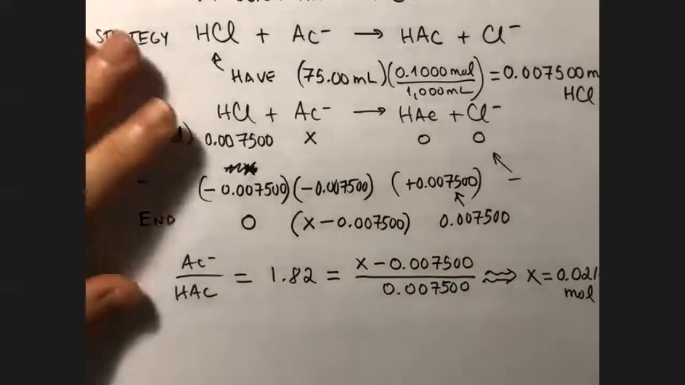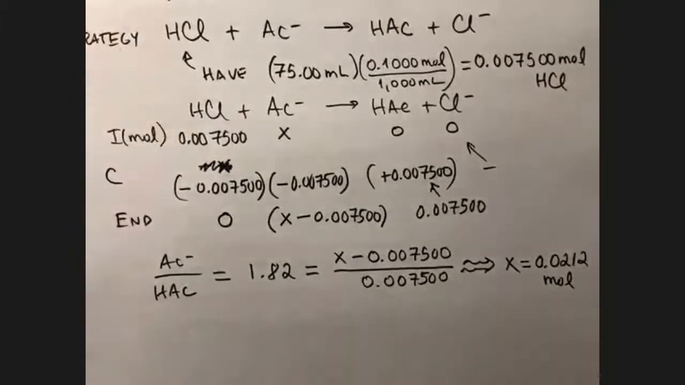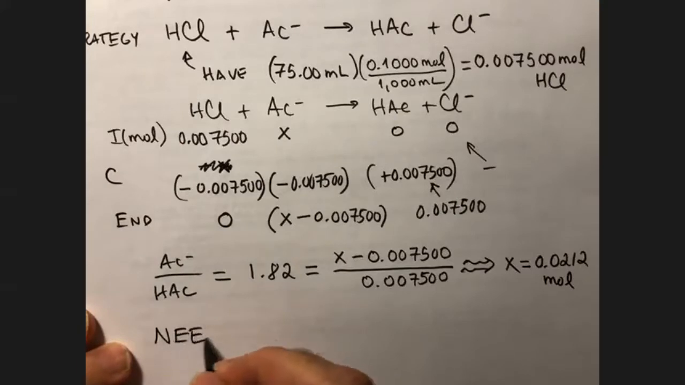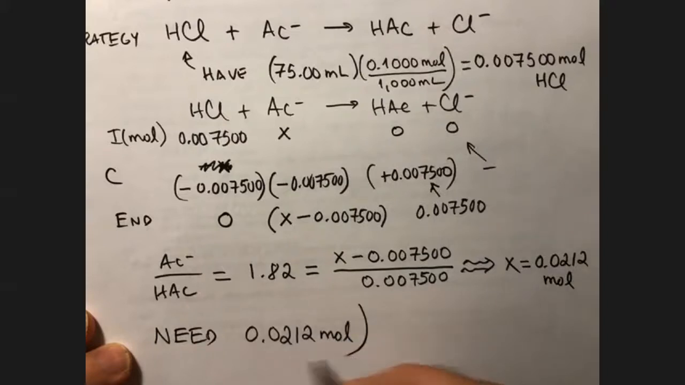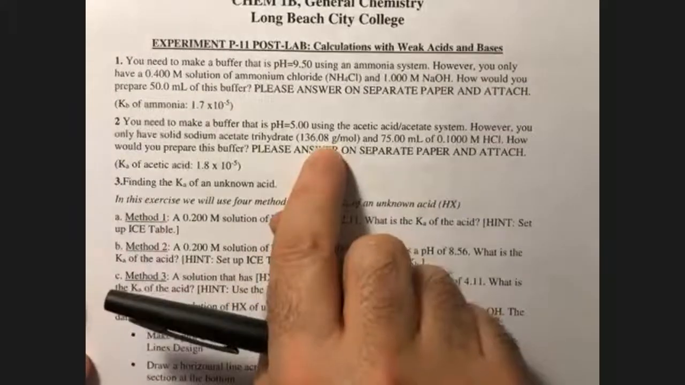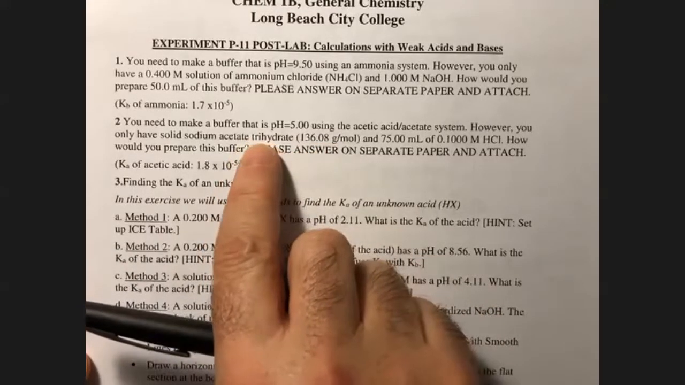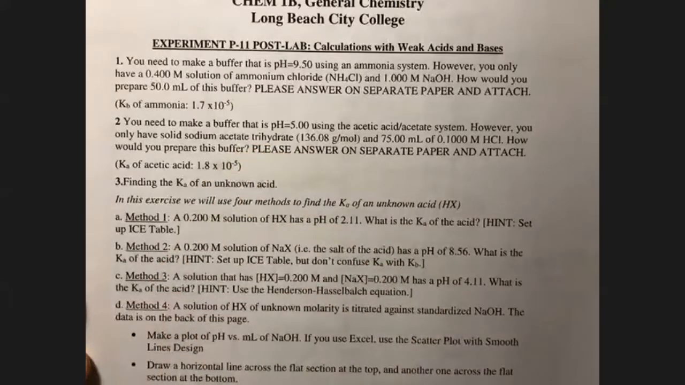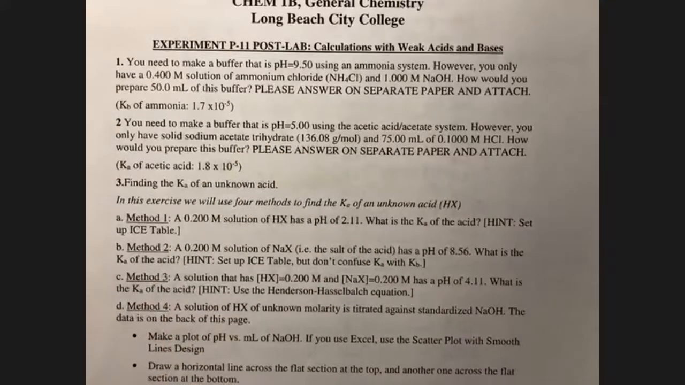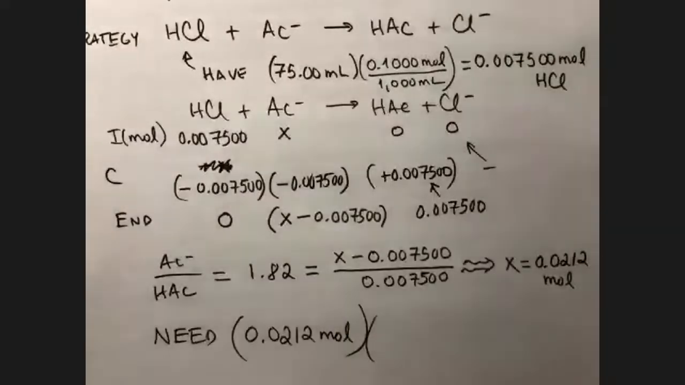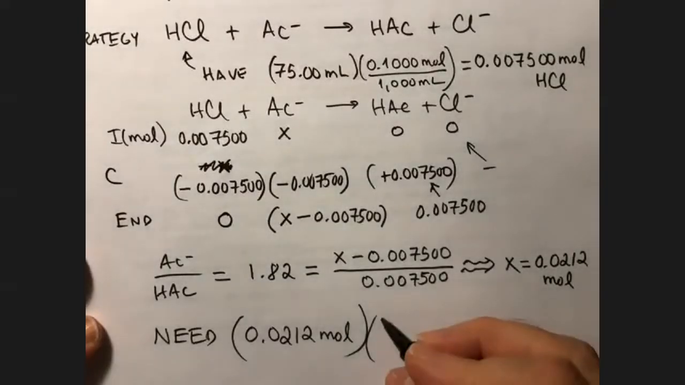All right, oops, sorry, let me pull this over here. So that means that I need 0.0212 moles. And they were kind enough to give us the molar mass here, 136.08. Notice that this is a trihydrate. In other words, this is a hydrate compound. It's not anhydrous. It has 3 molecules of water for every unit of the sodium acetate. So this is 136.08